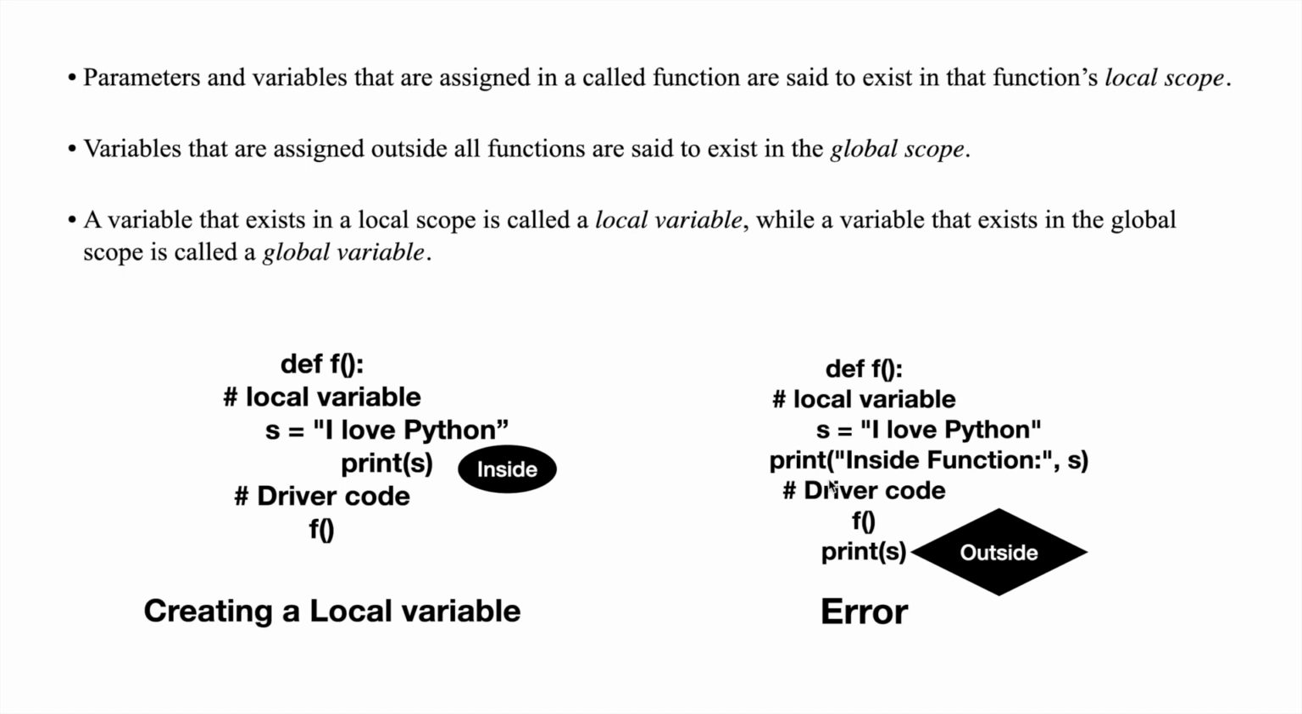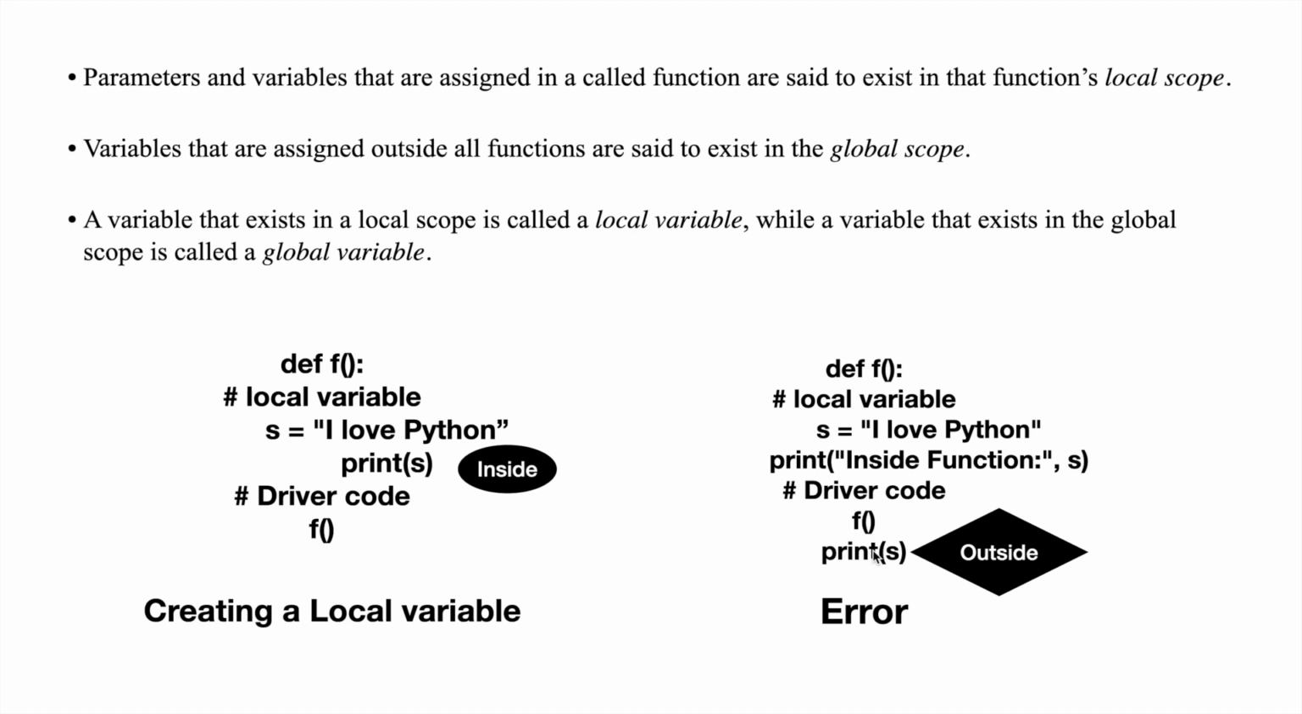See this second example. This is an error. Here s is in the local scope. A variable that is in the local scope is also called a local variable. Here this is wrong. Why? It's the same code, but the only thing is that I'm trying to print the variable s outside the function. That means after the function returns, after the execution of the function is completed, I'm trying to print s that is outside the function. This is an error. You can't do that